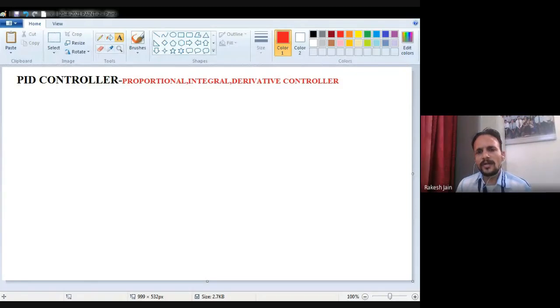As I have already taught you in the last lecture about the proportional controller, proportional integral controller, and proportional derivative controller, now we see the proportional integral derivative controller. First of all, I will show you that MS Paint file in which you see the comparison between all these kinds of controllers, so you may take certain key points for the proportional integral derivative controller. Just see this MS Paint file.